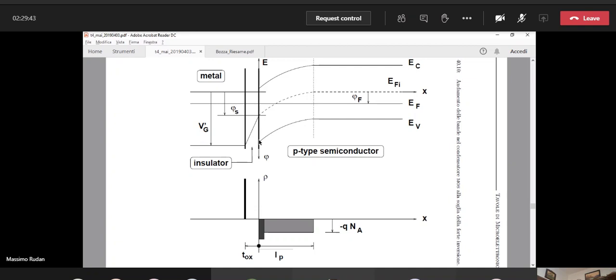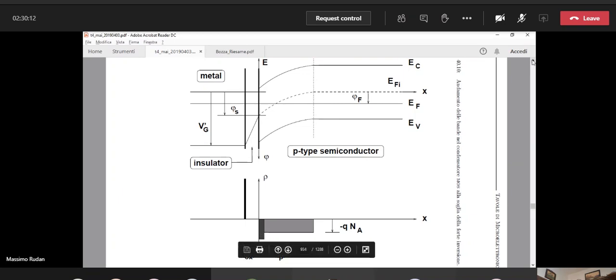Okay. In this case, we do have a layer of electrons near the surface. Okay. All these considerations will be useful also when we consider the MOS transistor. But in the MOS transistor,